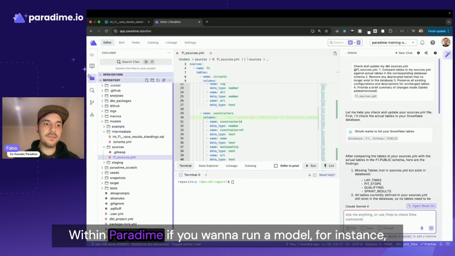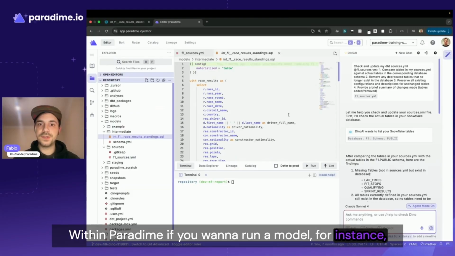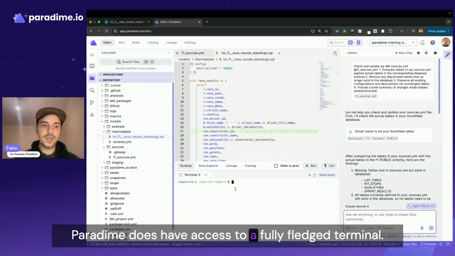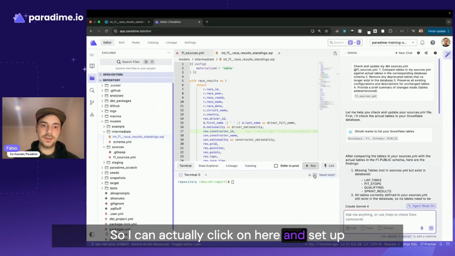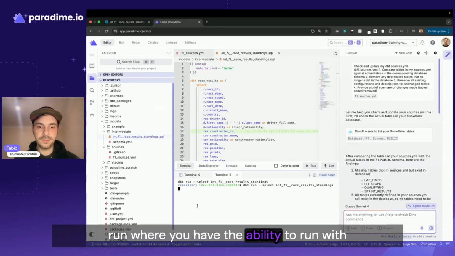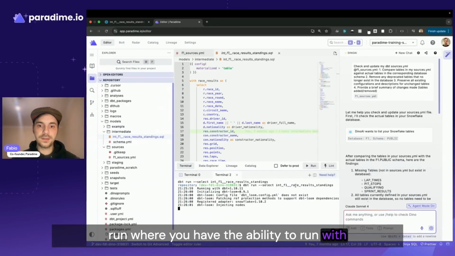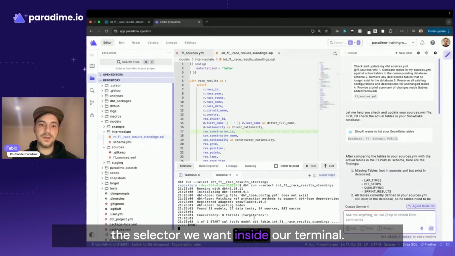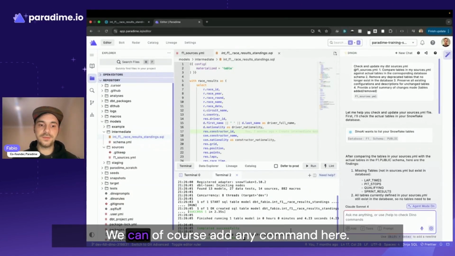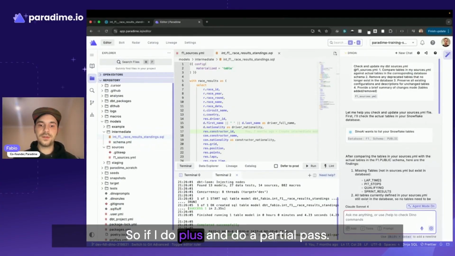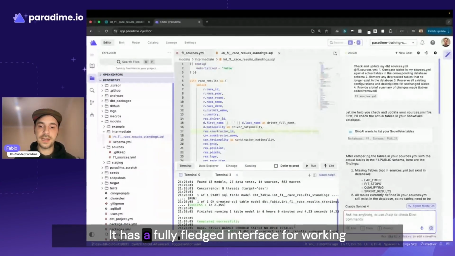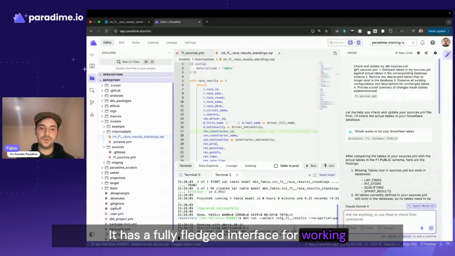Within Paradime, if you want to run a model, for instance, Paradime does have access to a fully fledged terminal. So I can actually click in here and set up run. We have the ability to run with the selector we want inside our terminal. So we can do that. We can, of course, add any command here. So if I do plus no partial parse, we have a fully fledged interface for working with the terminal, whether it's